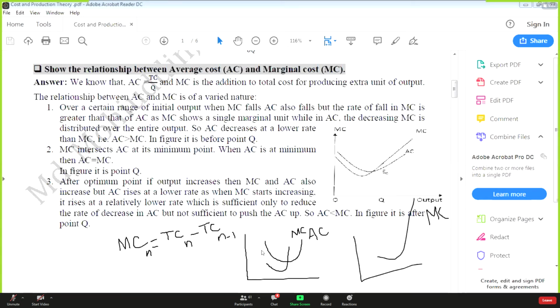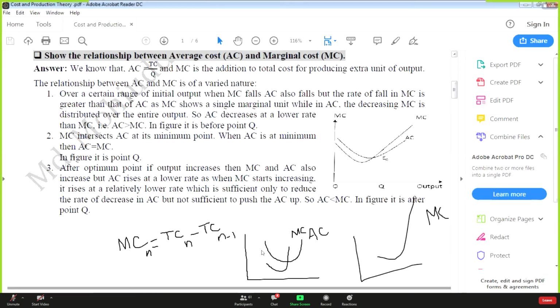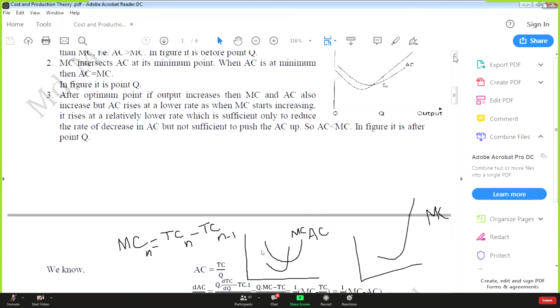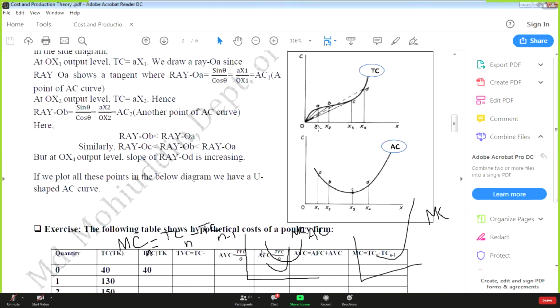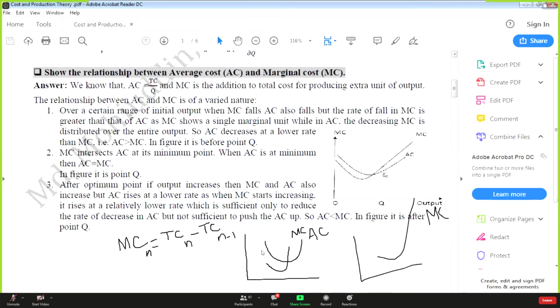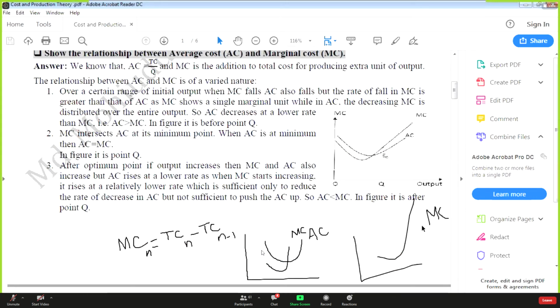So if we discuss the total cost again, the previous diagram. Look, this total cost, but make it clear. Now we will not take this one divided by this one, because that is average cost. We will take only the change in total cost. What is the change in total cost? Okay. We will have a diagram which looks like a partial U-shaped diagram. This one. This one. Okay.